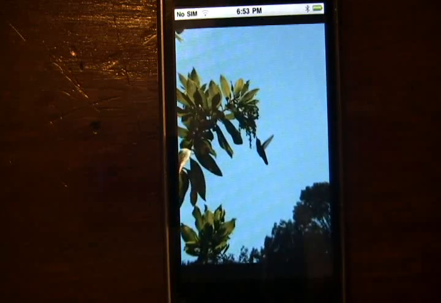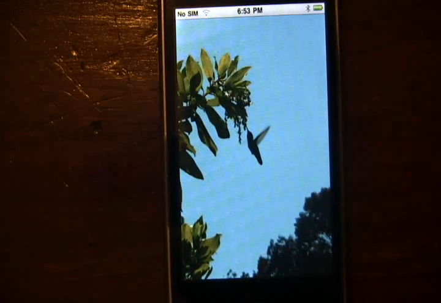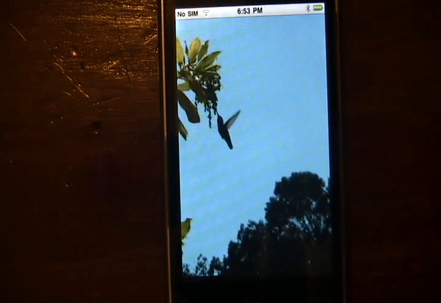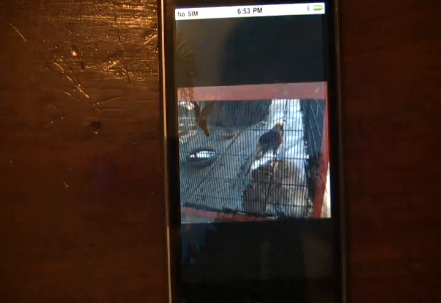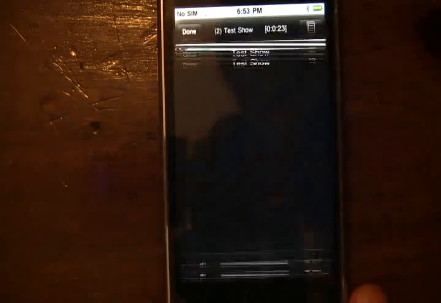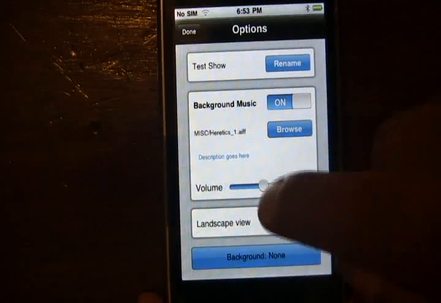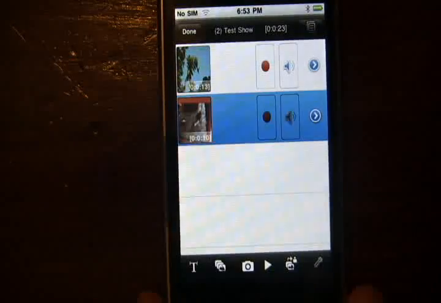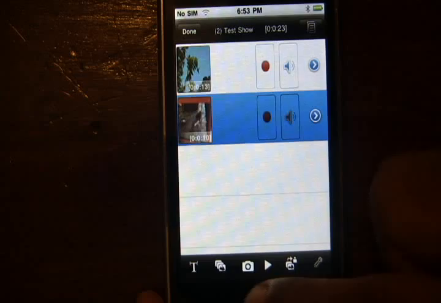and play it again. This is a nice looking bird. Wow, just amazing. Just look at it. I was in the park and caught it. Hey, I saw that at a friend's place. Nice bird. So as you can imagine, I think the music is a little loud, so I would just lower it a bit. Get done. And now let's also assume that I want to add a text slide to it,